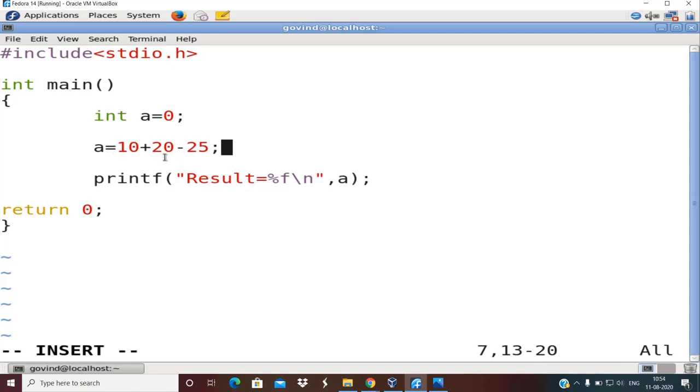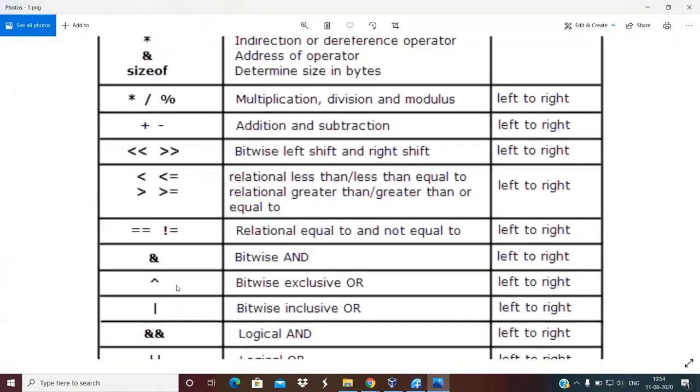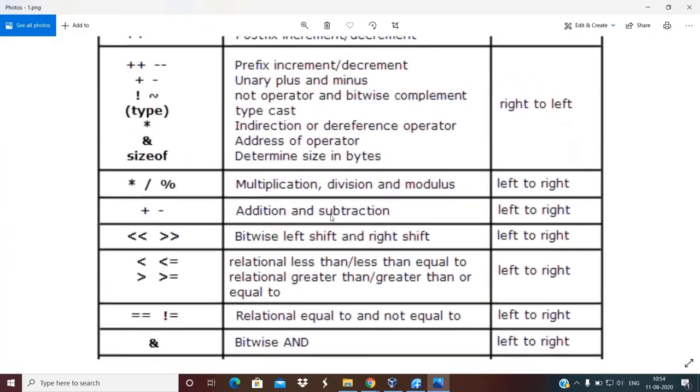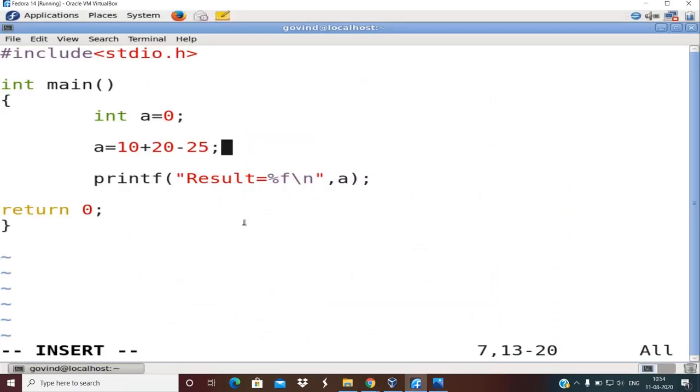Now we have one more small problem. I have two operators, plus and minus, which have the same priority. If you see the priority list, both plus and minus occur in the same row. Now, does 10 plus 20 occur first, or does 20 minus 25 occur first, followed by the addition of that answer with 10? How do we decide this?